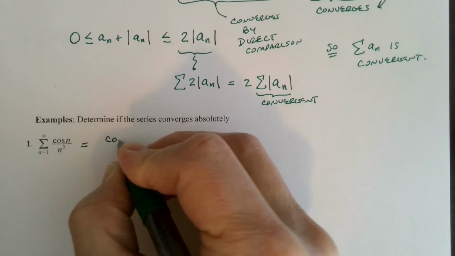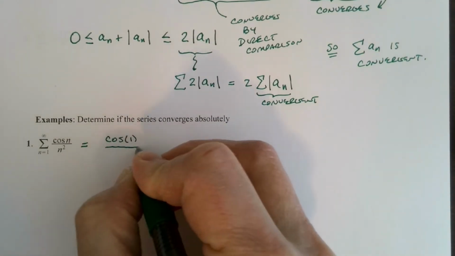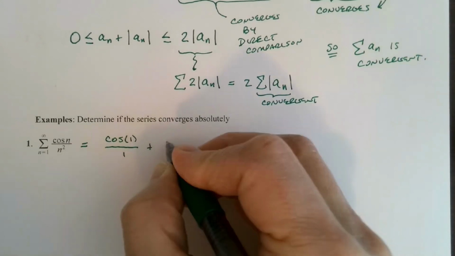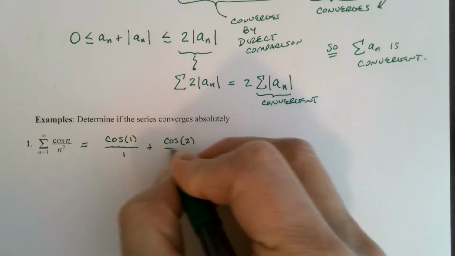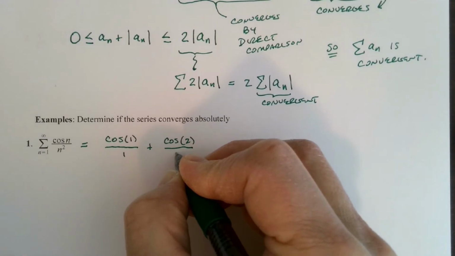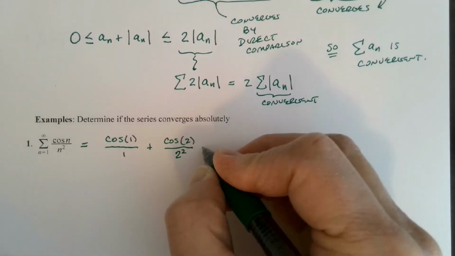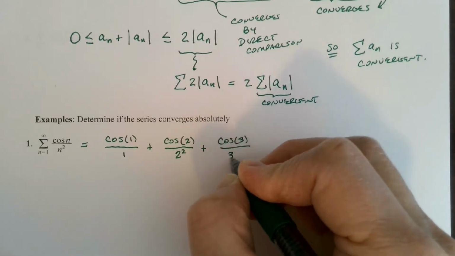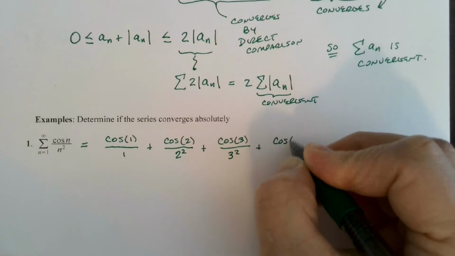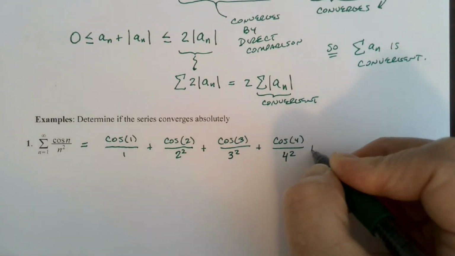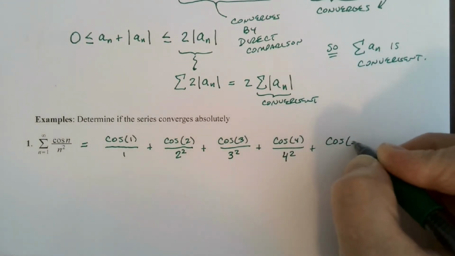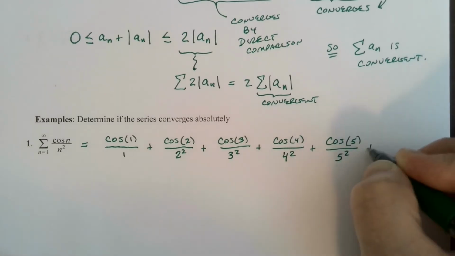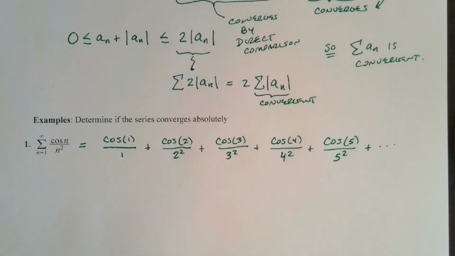When n is 1, I get cosine of 1 over 1 squared, which is 1, plus cosine of 2 over 2 squared, which is 4. We'll just write 2 squared here. Plus cosine of 3 over 3 squared, plus cosine of 4 over 4 squared, plus cosine of 5 over 5 squared, and so on. So you get the pattern. Now, what do we know about these terms? The denominators are always positive. The numerators, though, the cosines,